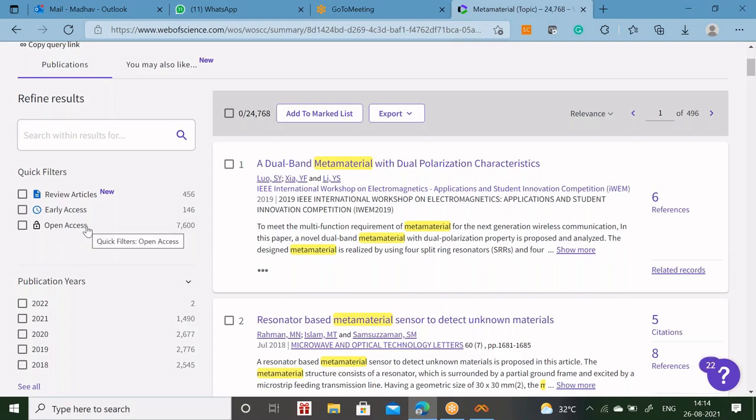But another disadvantage is open access charges are very high. Some journals have open access charges of $2,500, $3,000 also. So that is costing around 2 lakhs, 2.5 lakhs, which is not at all possible for a normal employee or a faculty member or a scholar to publish articles by paying that huge amount. That's why most of the researchers will go for subscription based.